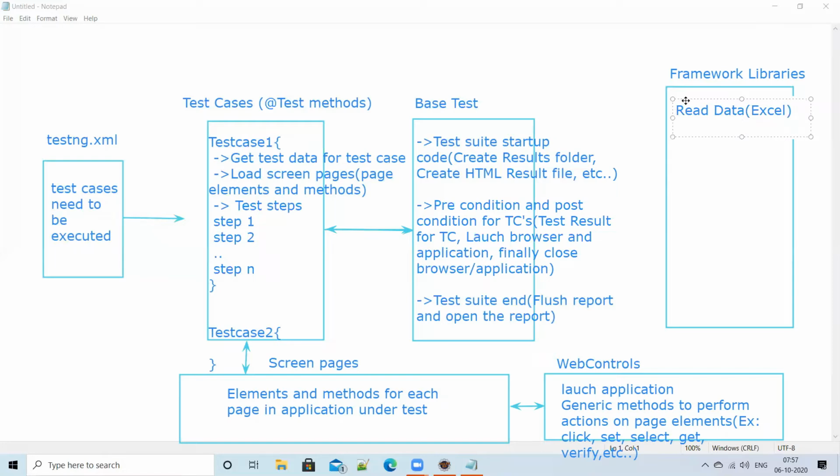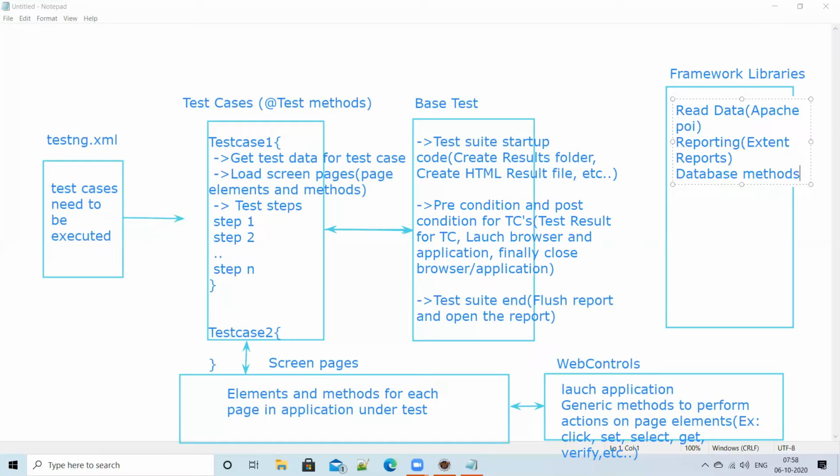Next, what else? Reading data is basically Apache POI, right? Then reporting is Extent Reports. And you have database methods to work with the database.